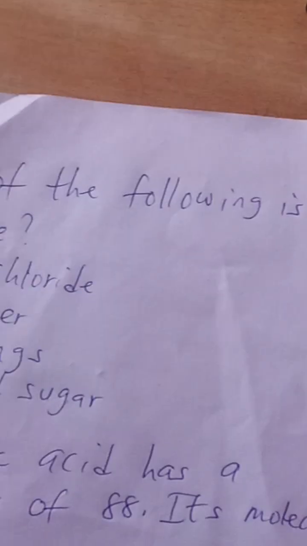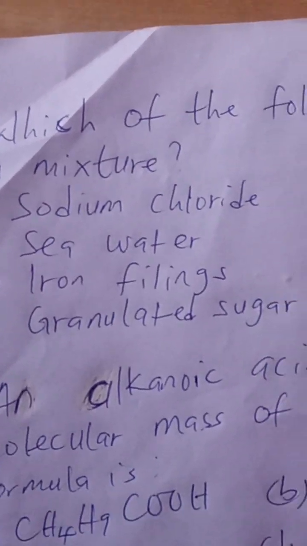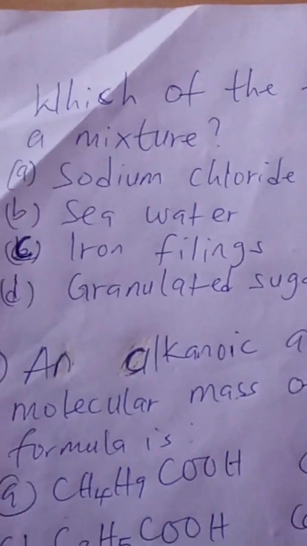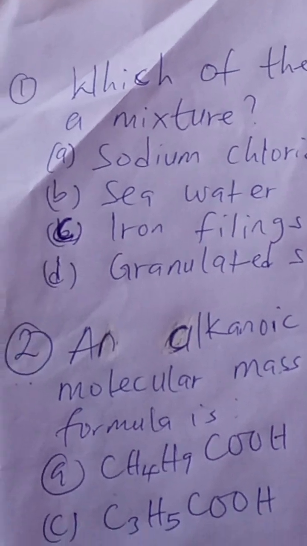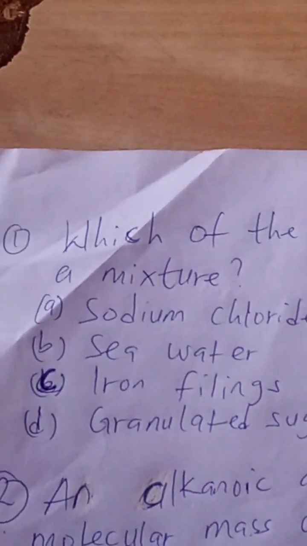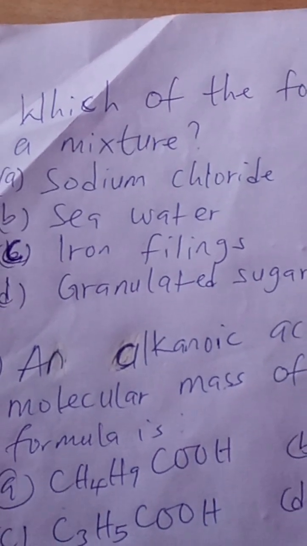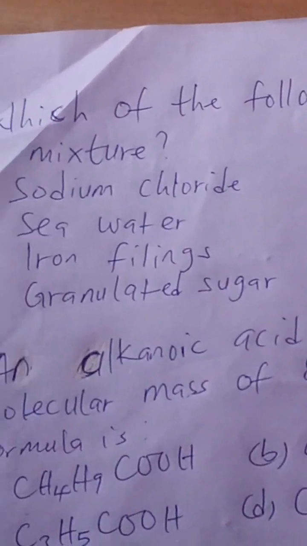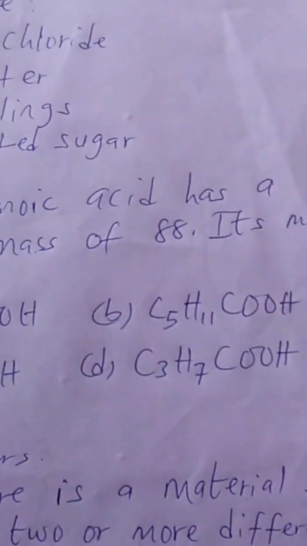Alright, in this video you are going to see the solution to this question, which is the first question here: which of the following is a mixture? A. Sodium chloride, B. seawater, C. iron filings, D. granulated sugar. And then the second question: an alkanoic acid has a